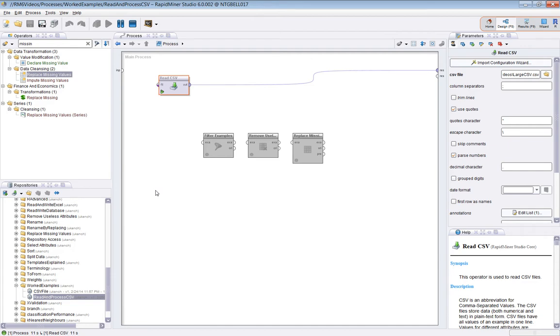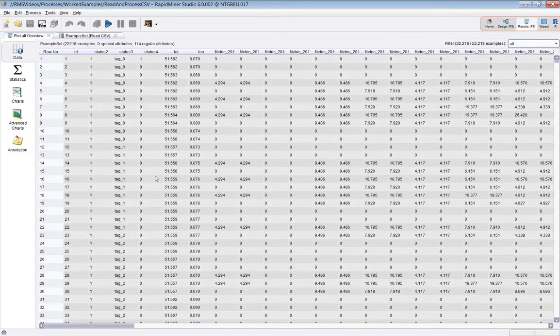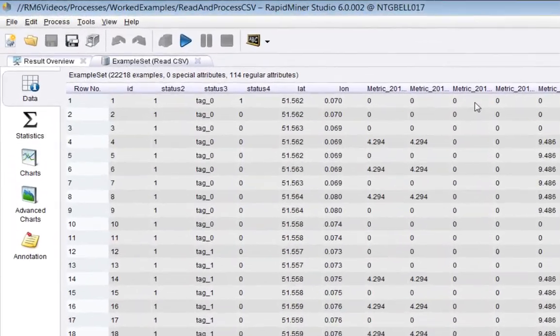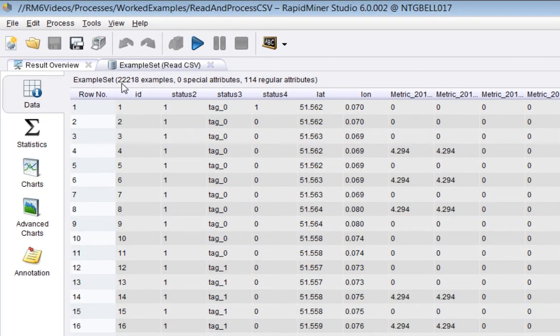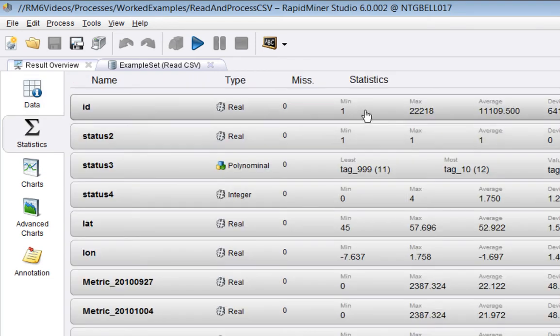It's quite a big file, takes a few seconds. So it's imported it. There are 22,218 examples, 114 regular attributes. I can see that ID, that probably should be changed to be a role ID. Let's click on the statistics view. So yep, sure enough,